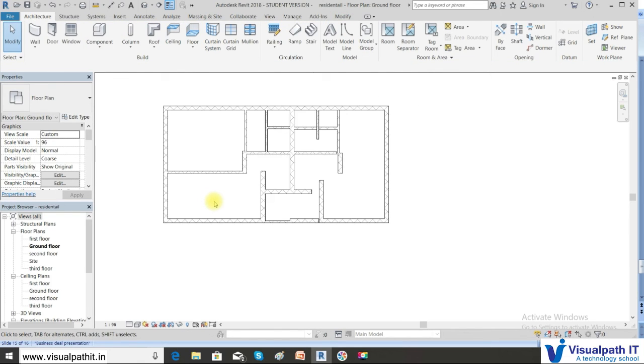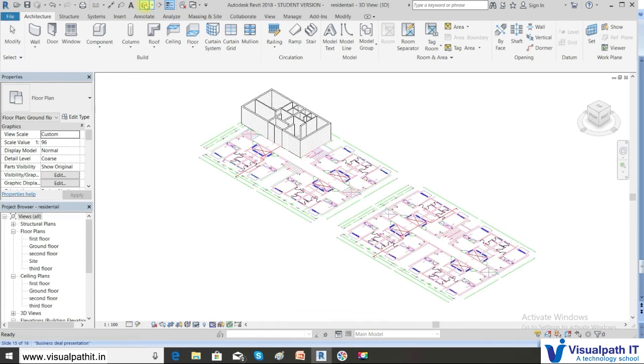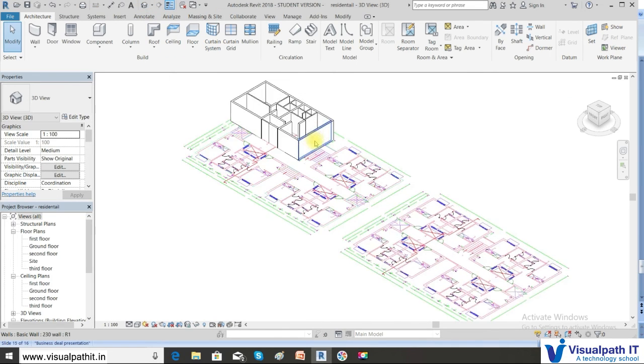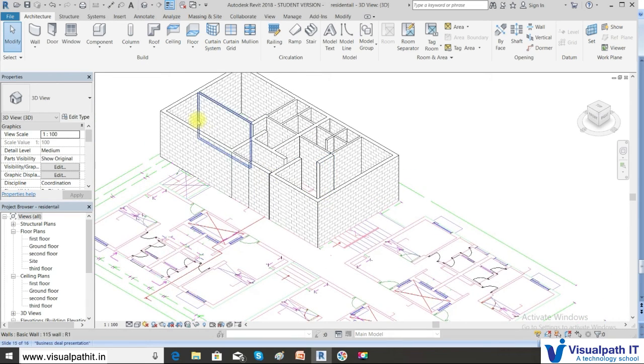So if you want to see the 3D option, you can click the 3D option here. We have used the same walls, so we have finished the walls here. Once we finish the walls and doors, we'll place the doors, and once we learn all the modify tools, we will be changing the materials, and at that time it will be more interesting. So thank you friends, I shall stop here with session 3. Let us continue with session 4 with all the other modify tools. Thank you.